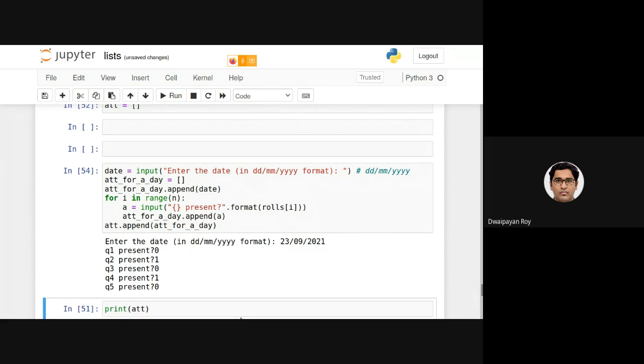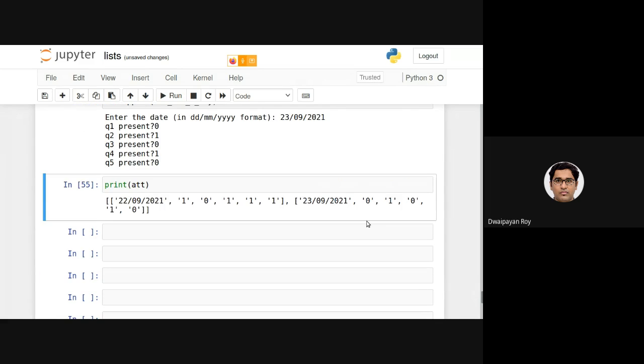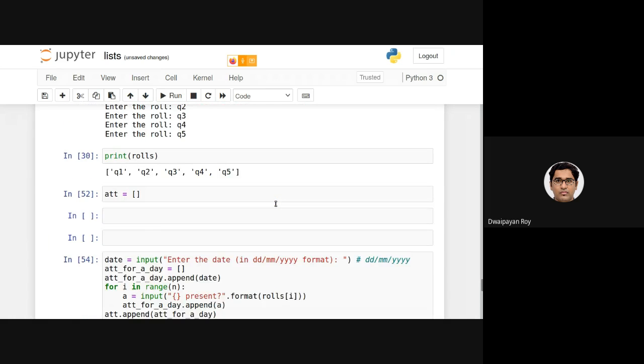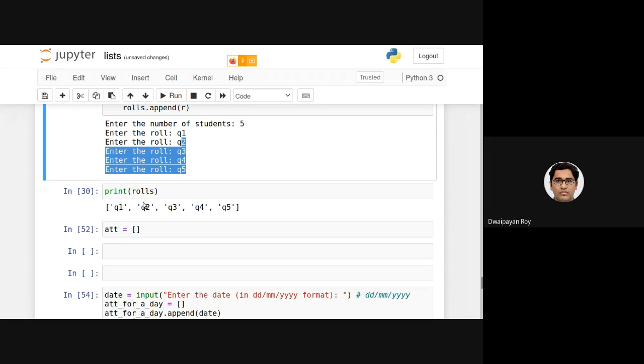Now, if I print this, the master sheet, as you can see, there are two items. The first item is the information for one date. The second item is for another date. Now, there is a one-to-one correspondence of this with this row.